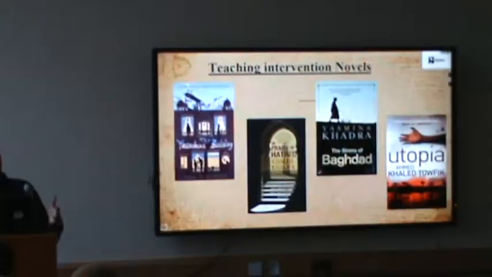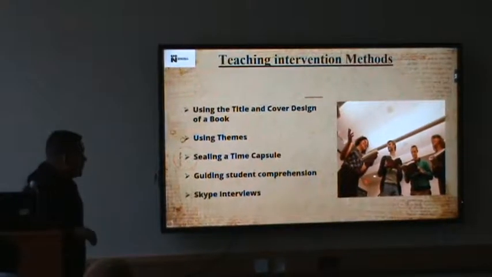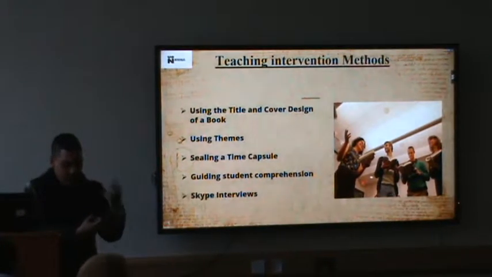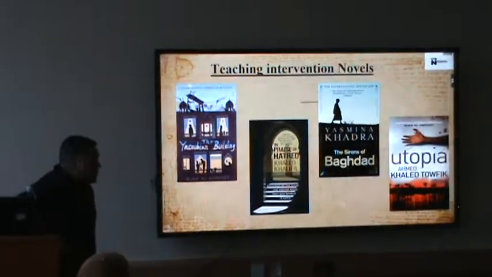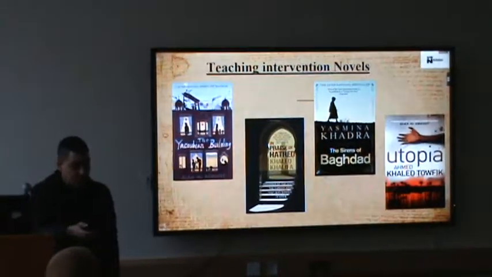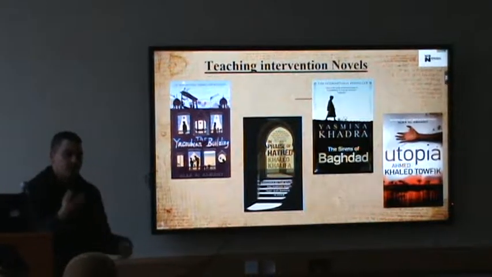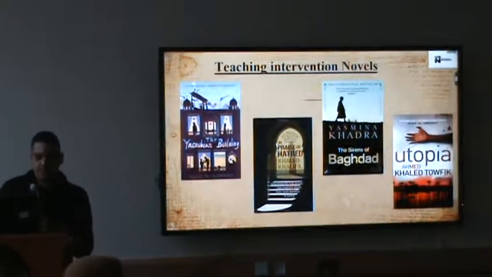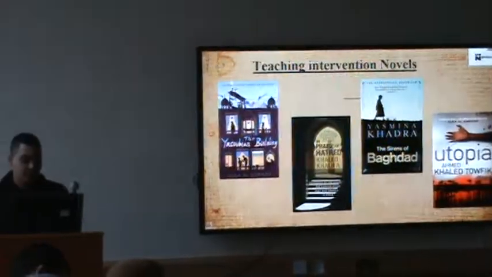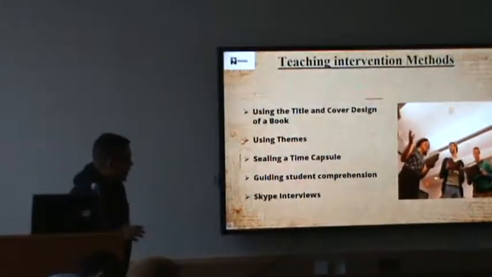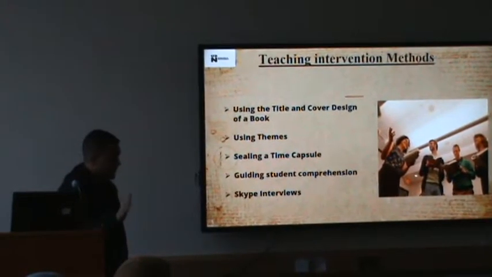Moving to the second one, which is about using themes. We have to give the students different themes. If you go back to the Yacoubian Building, for example, we have to give them bureaucracy, injustice, and also the feminine issues that occur. So they start engaging with the novel itself, and thinking about how the events of the novel are going to unfold. The third one, which was characterized by all the participants as the best one, is still in time capsule.